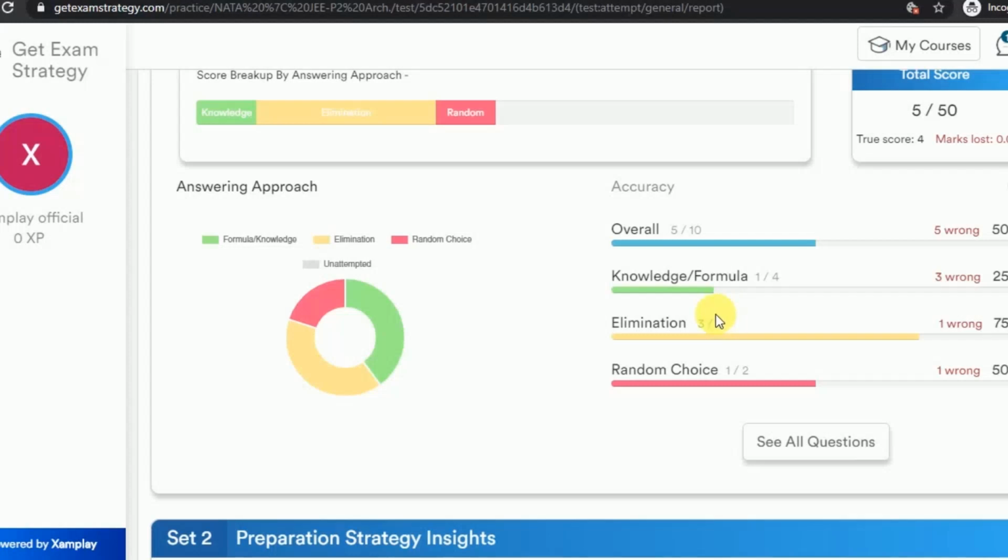I have used elimination for answering 4 questions and my accuracy is 75%, and I used random choosing and my accuracy is 50%. Now this is just to give you an overview of how you have attempted, what is your strategy of attempting, and whether it is working or not working.